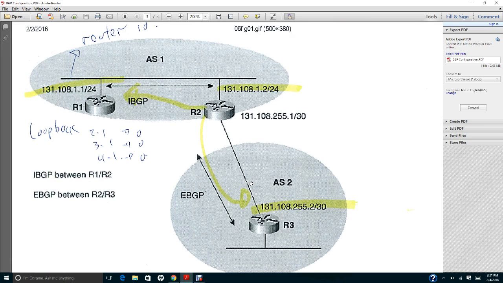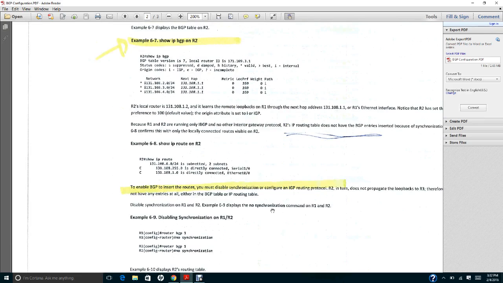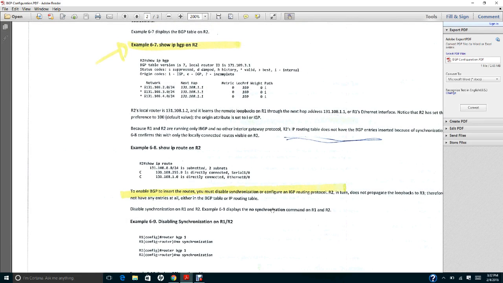So the command for that, you need to have router BGP 1 neighbor 131.108.1.1 remote-as 1, which refers to this one for the interior, and then you also do it for the exterior, which is neighbor 131.108.255.2, which refers to that one. The command is shown on the top here.